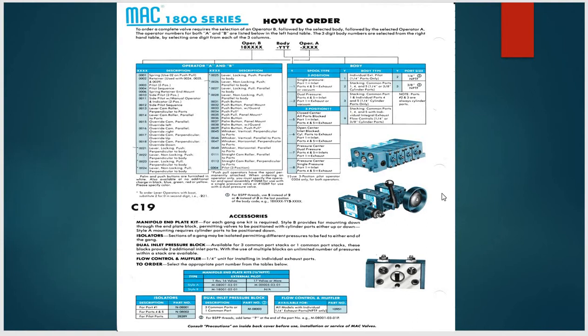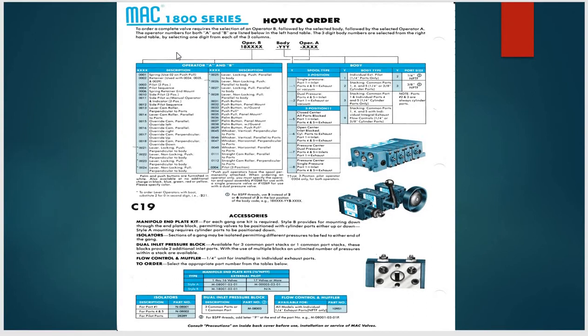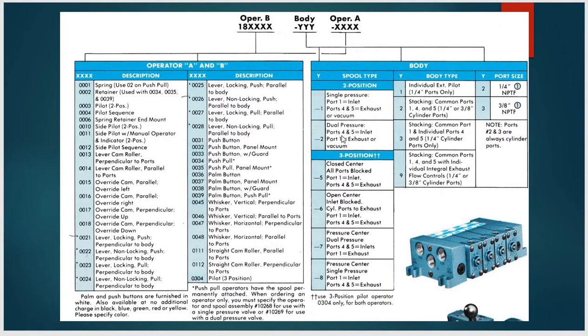Now there's quite a bit of information here on this page. I'm going to go to an enlarged version of just the upper half, and that's what we've got here, because this is where you actually find out from the part number what that particular valve should have on it. Okay, so we've got an operator A side and an operator B side. And then they also have what is called the body. Okay. So ours, and the one we're going to be looking at,